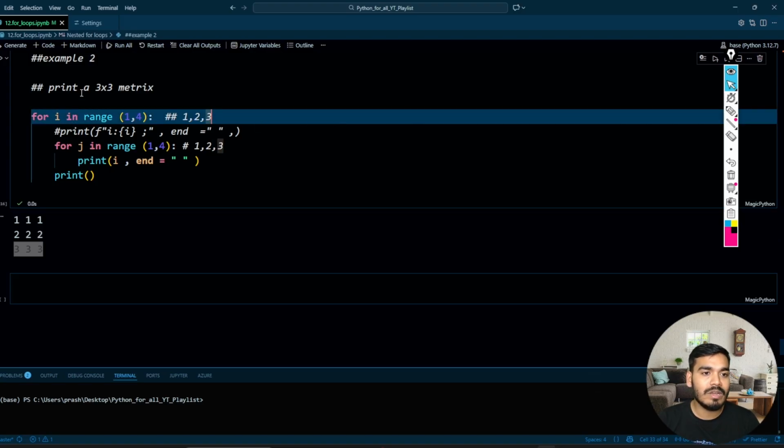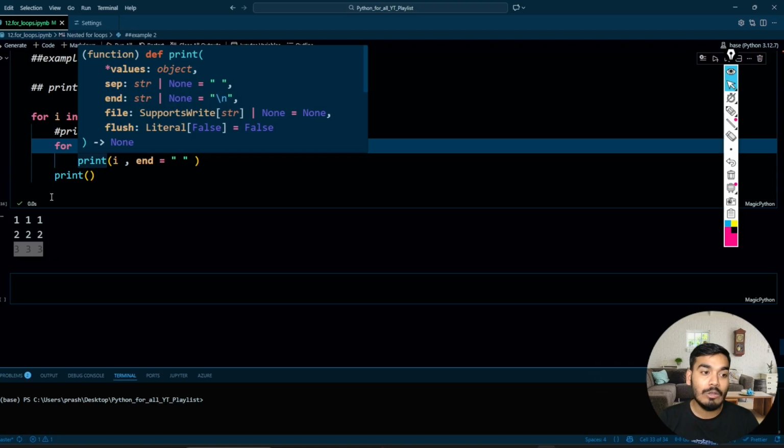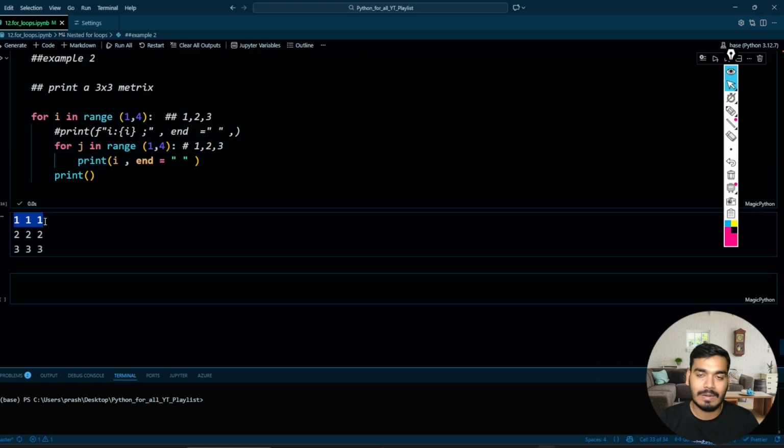As soon as I is 1, it will come to this loop, and over here J will iterate 1, 2, 3, three times, and at the same time it is going to print your I. So on all three iterations for J, your I value is 1. So that's why over here 1 1 1. Perfect. Then after that, it will come to this print function that will bring your cursor over here,